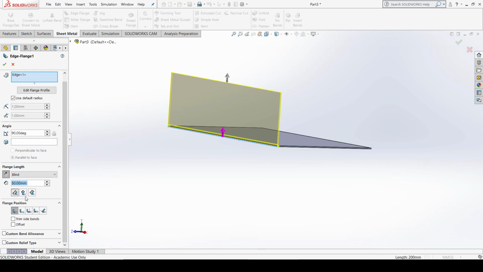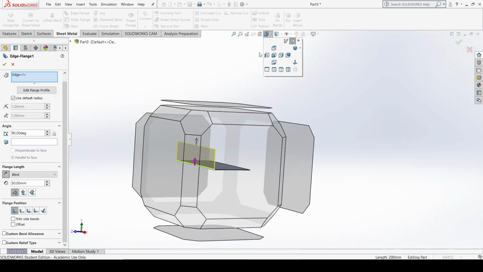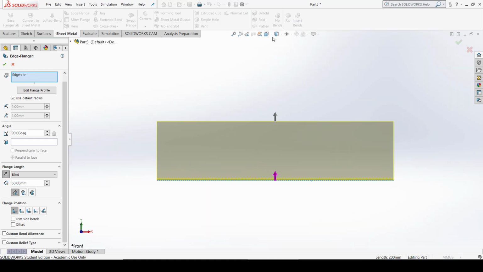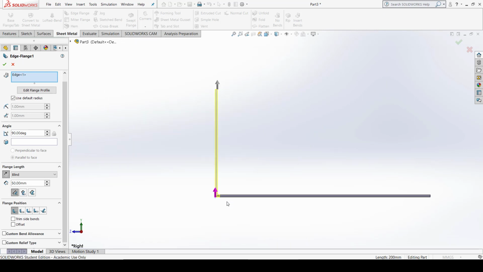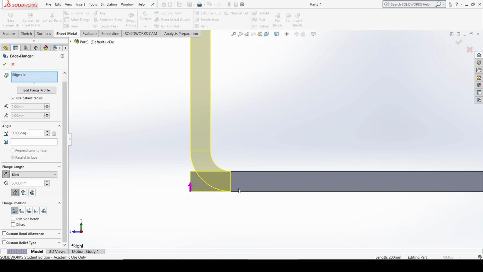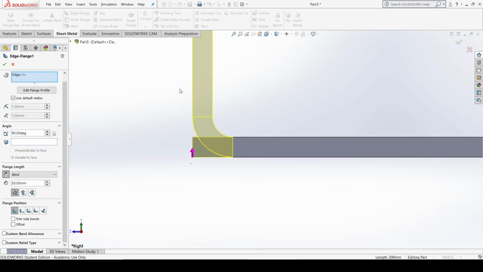And now comes to this portion. This is the online, you can say, outer virtual sharp, inner virtual sharp, and tangent bend. So let us discuss these three parameters first. So let me make this a side view first. Okay, so as you can see, I just zoom it out for your reference.